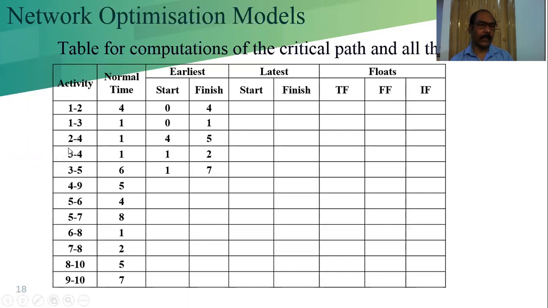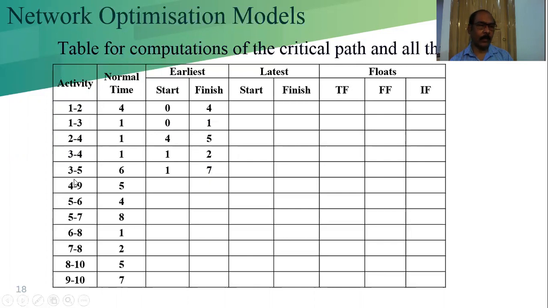Now see, this is 3. We are going to calculate 3, 4. Without the diagram, we can easily calculate the early start time and early finish time here. This is 3. Now you search from here. Where is the 3? 3 is there. What is the finish time value of that? 1. So 1 plus 1 will be 2. Now again, this is 3, so this should be the same value, 1. 1 plus 6 is equal to 7.